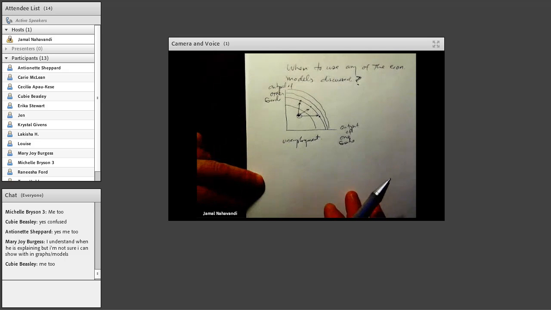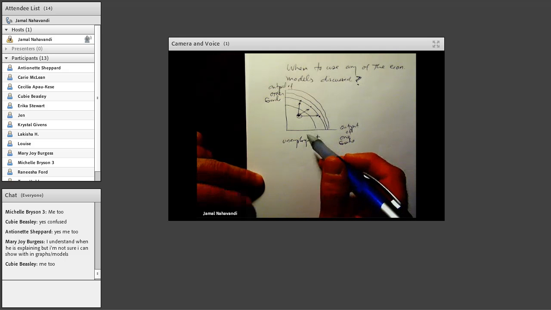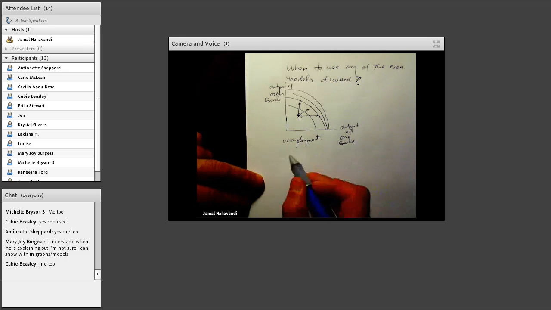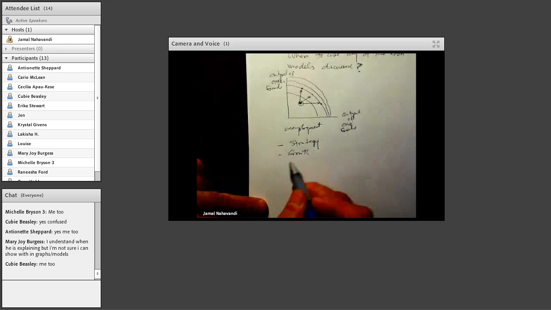Now, that's where you use this model. It's a fantastic model for strategy, understanding growth, understanding biased growth,